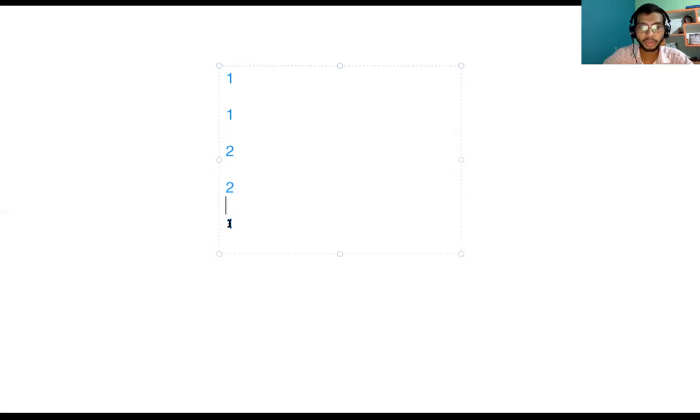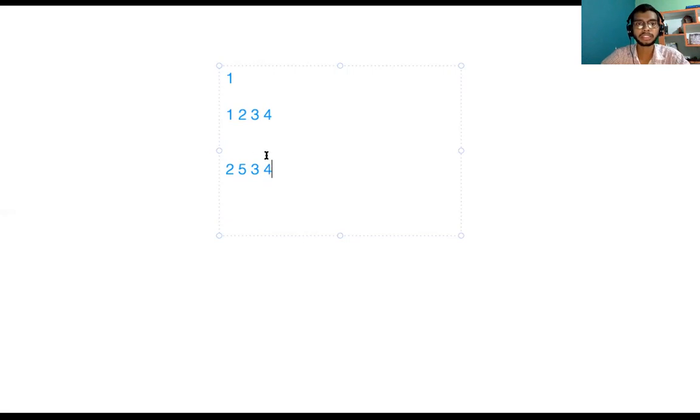It doesn't make them identical. From here I can conclude a condition: if the elements occur an odd number of times, then I will not be able to make the arrays identical. Let me take some more examples, like 1, 5, 3, and 4. Here 4 is equal, 3 is equal, but what about the 1? 1 is occurring an odd number of times, and 5 is also occurring an odd number of times, so I can't do anything here. So my answer is -1, because with swapping I can't make the arrays identical.